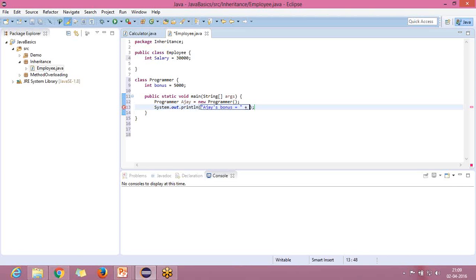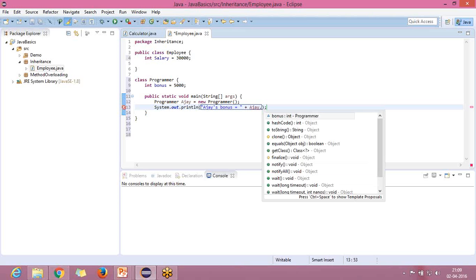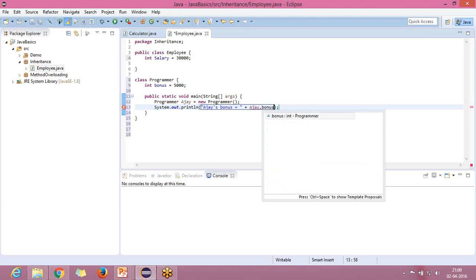How do objects use the variables? Using the dot operator. So we write something like Ajay dot bonus. Writing this Ajay dot bonus means this bonus value will come here and it will print it. If I run this method,